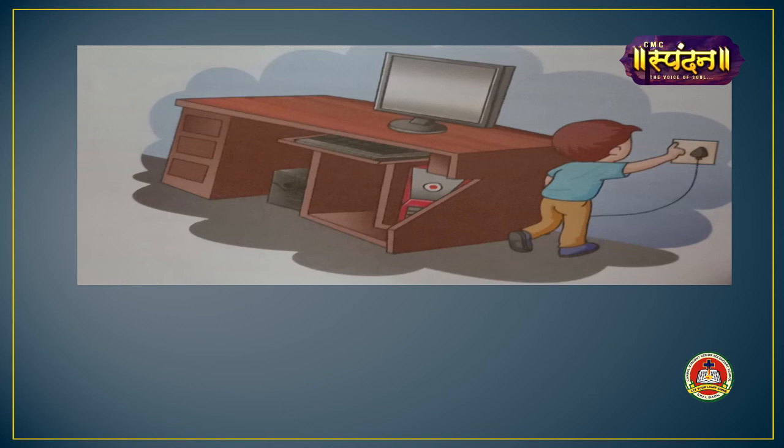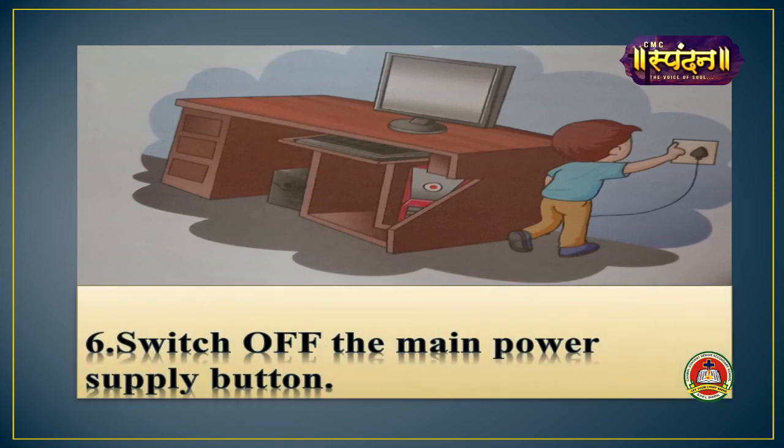The first step is we have to click on start button, then again you will see start menu. From there you have to select shutdown option. When you click on shutdown option, you will see a message that your laptop or a computer is shutting down. After that you have to switch off the monitor screen, then press the UPS button and finally press the main power supply of the electricity. Then your computer will shut down.